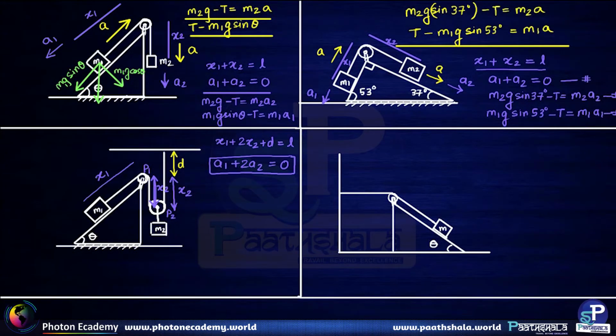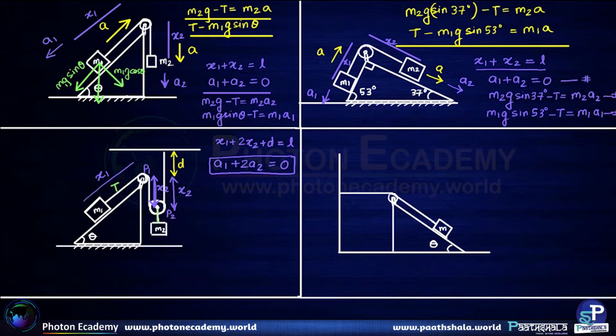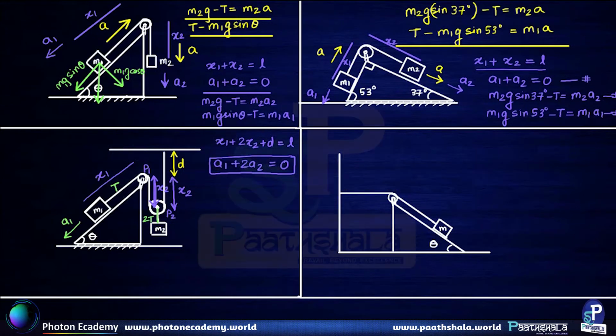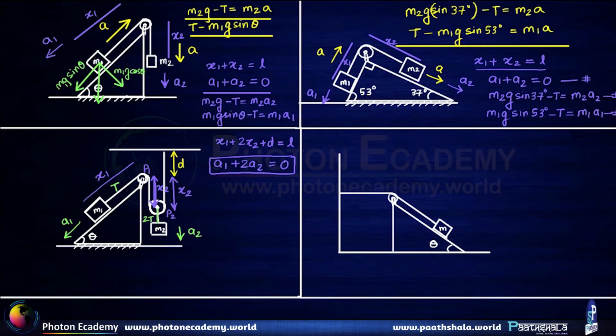Also, if the tension in the string is going to be T, then the tension in the string that connects M2 is going to be 2T, because the pulley P2 will have a net zero force acting upon it. So in such a case, the other two equations will be, the acceleration of M1 has to be assumed going away from the rigid support, and M2 also I am assuming going away from the rigid support. Both can be assumed to be going away from the rigid support, or both can be assumed to be coming towards the rigid support. As a matter of convention, for ease of problem solving, I am assuming both to be going away from the rigid support.